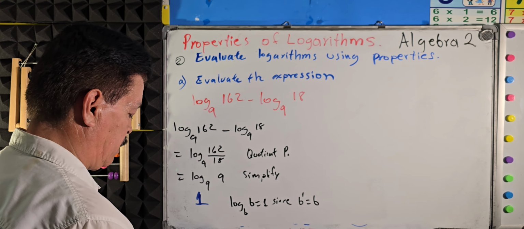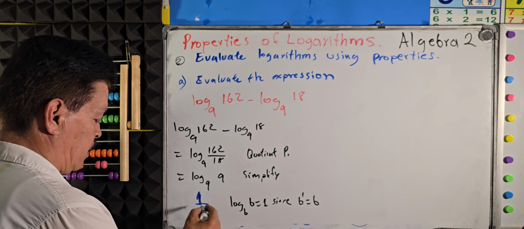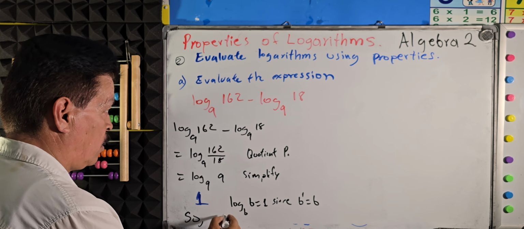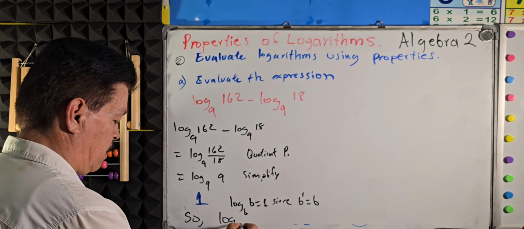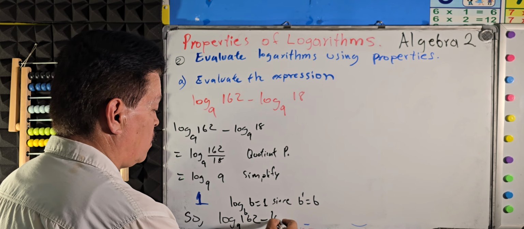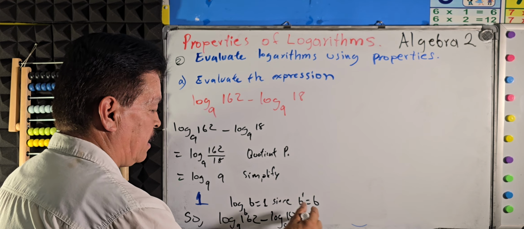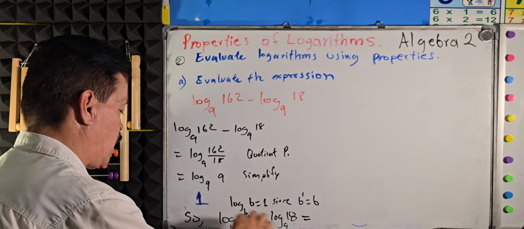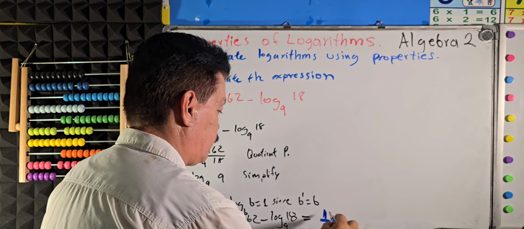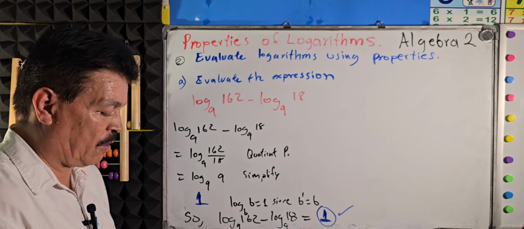So the answer here: log 162 with the base 9 minus log 18 with the base 9 is equal to 1, right? 1 right here. So this is the solution for this problem. Okay,